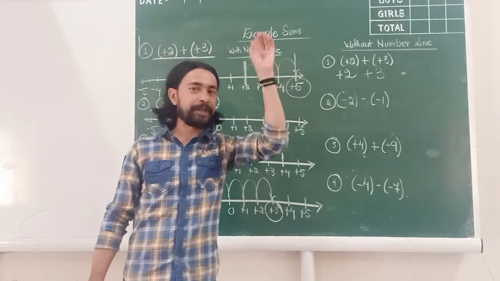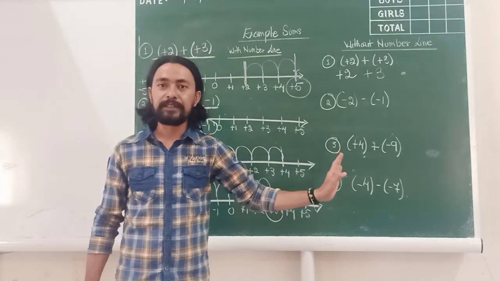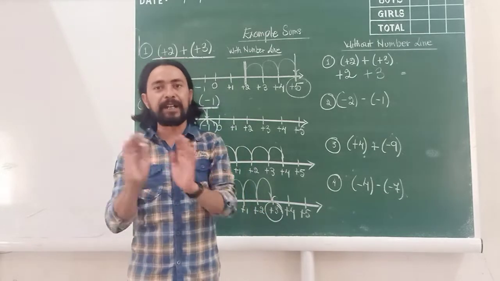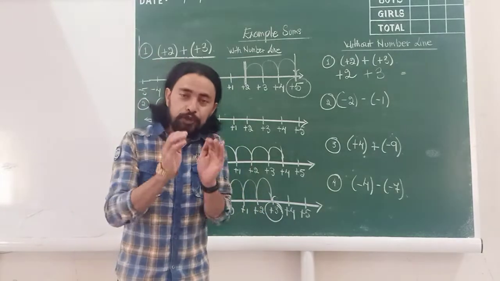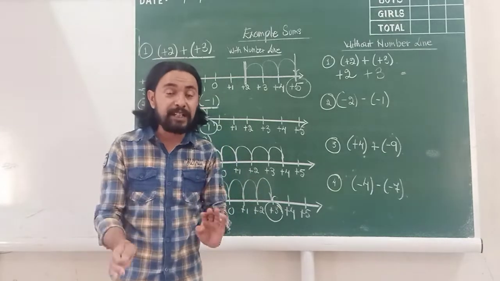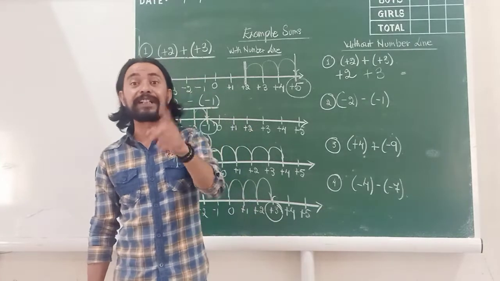Whether the sum says subtract, add, whatever it says, nothing to do with that. At the end, if I have two numbers, both with positive signs, add and put a positive sign. If there are two negative numbers, add and put the negative sign. But with positive and negative, you have to see which one is greater. From the greater, take away the smaller and put the sign of the greater number.